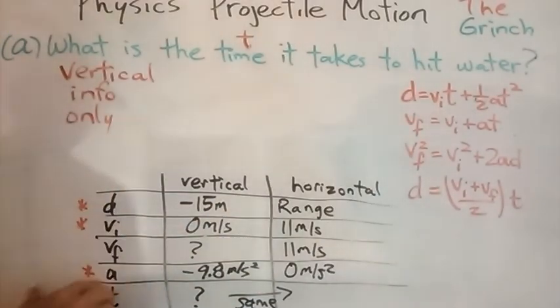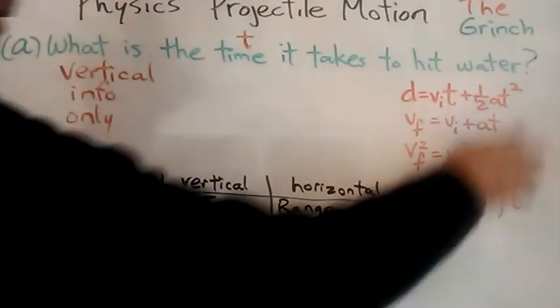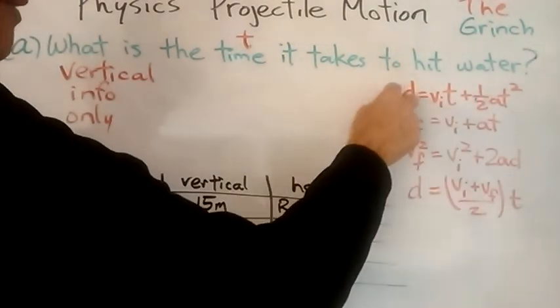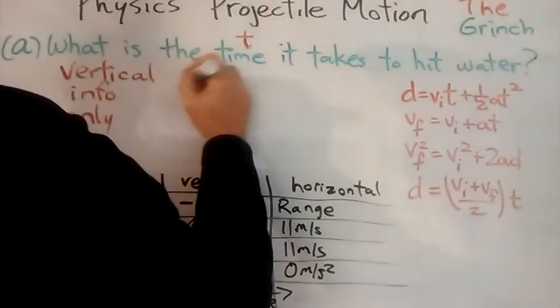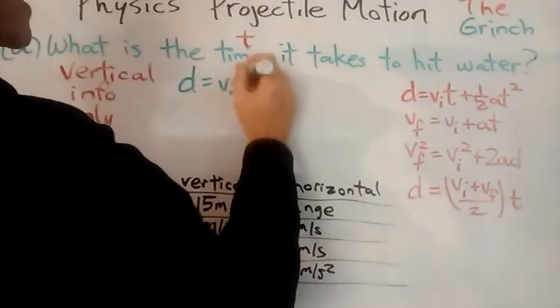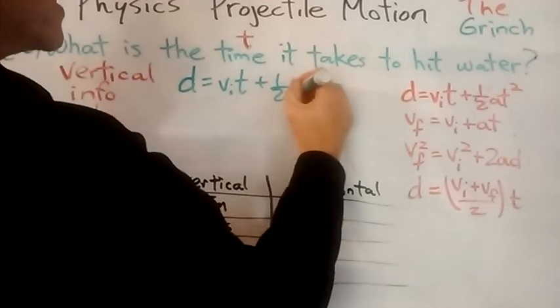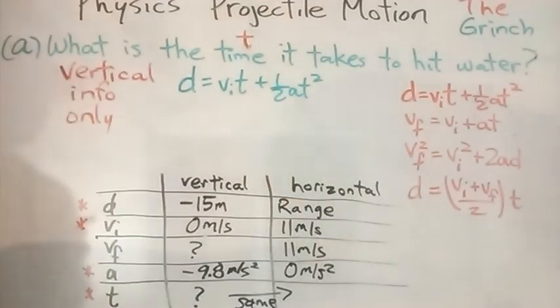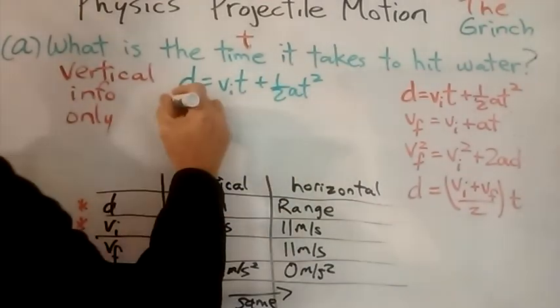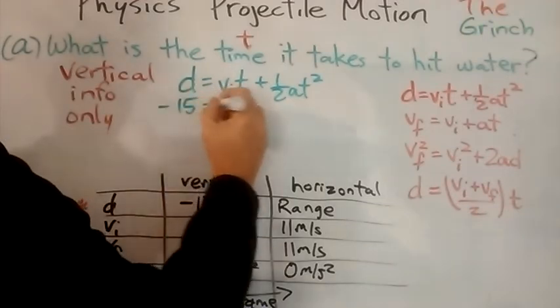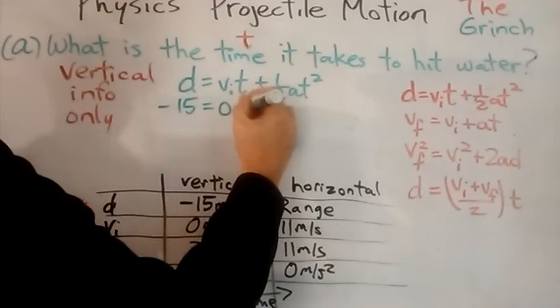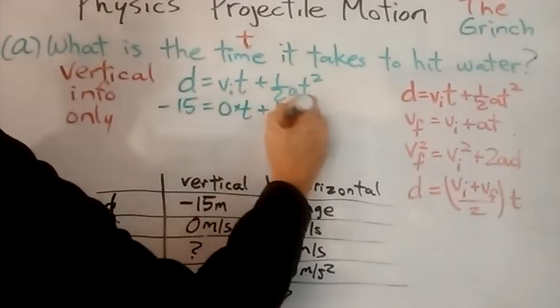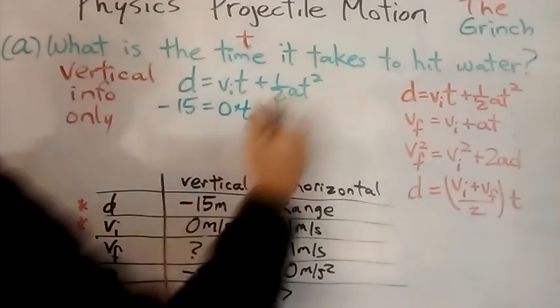So we need an equation that doesn't have VF. The only one in there that doesn't have VF is that one. And that's the one that we need to use. So here we go. D equals VIT plus 1/2 AT squared. D is minus 15. VI is 0 in the vertical direction. 1/2 A is minus 9.8